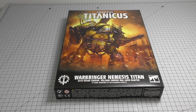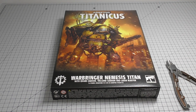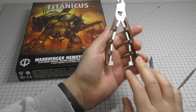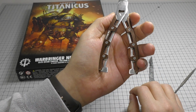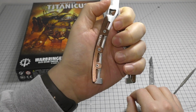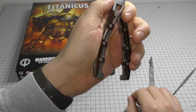So there are, I'd say, 3 tools that I can't really live without whenever I'm working on a kit. That is my clippers. I use the Citadel clippers. I've had them for 6 years or so. I wouldn't suggest you use them for resin because they will break. Even harder plastic like the scenery pieces, I'd rather use